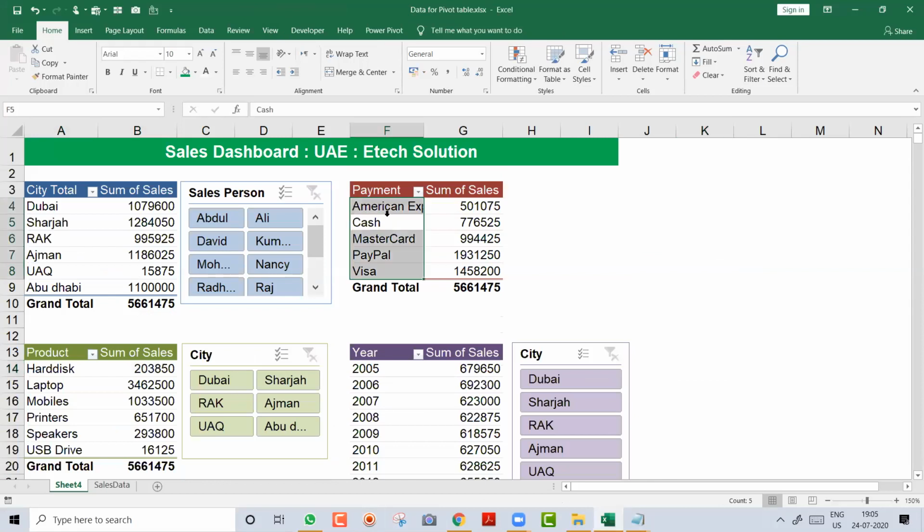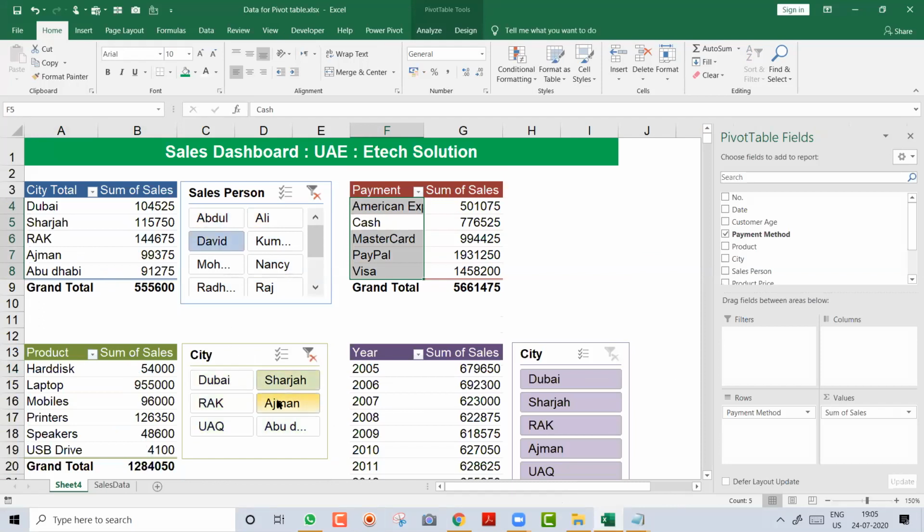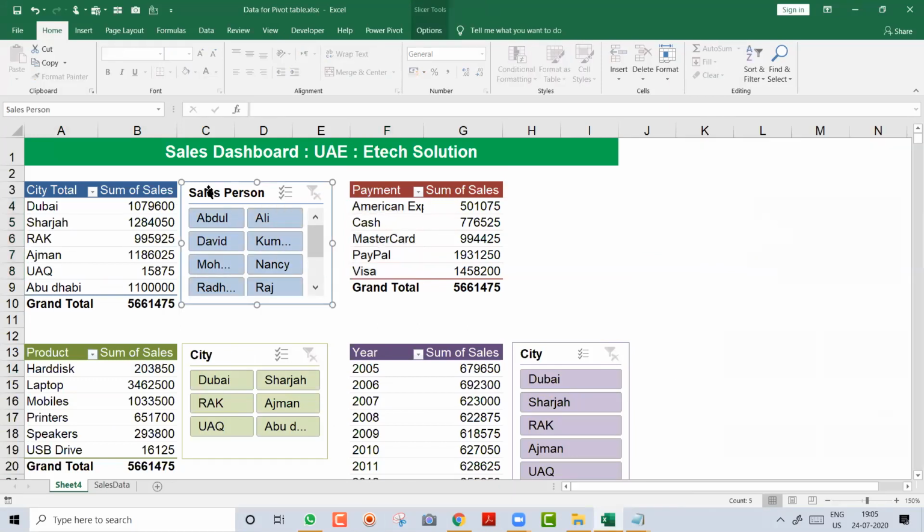Again on this, you can add one more slicer if you wish. So now when you click on Ali, you see this is changing. When I click on it, they can see this. When they click on this, it is changing. So this is really amazing. On each report, you can put a different slicer by clicking on it, and this will become really amazing.